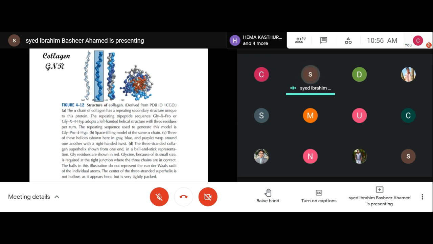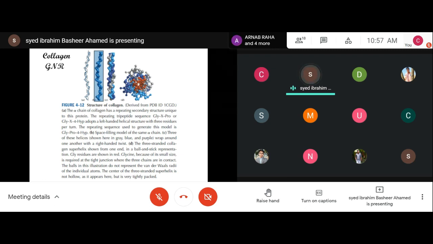Keeping in mind the van der Waals radii of each atom, they manually tried how close each residue can come. A particular residue has some van der Waals radii, and the other residue also has some van der Waals radii. You can push them together, make a peptide bond between these two residues, and rotate them. But you can rotate only to a certain extent because the side chain will not allow them to come closer, so only up to the van der Waals radii you can rotate.